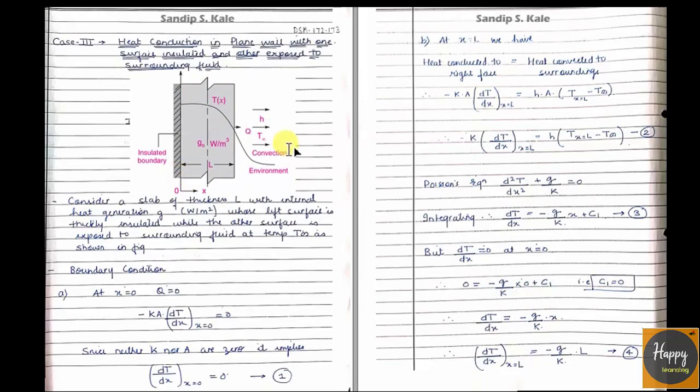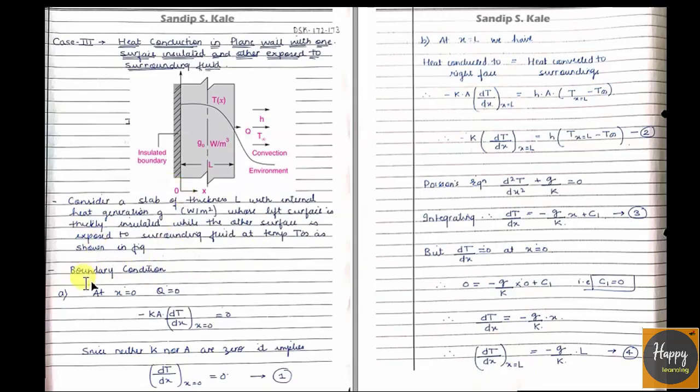So we will follow the same steps that we have followed in the previous case. We'll apply the boundary conditions to the Poisson's equation. We will integrate the Poisson's equation twice and we will get C1 and C2. By applying the boundary conditions, we will find the values of C1 and C2. Substitute those values in the equation and you will get the temperature distribution equation, which is our requirement. Later on we will find out the heat transfer. So let's jump into it and start the derivation.